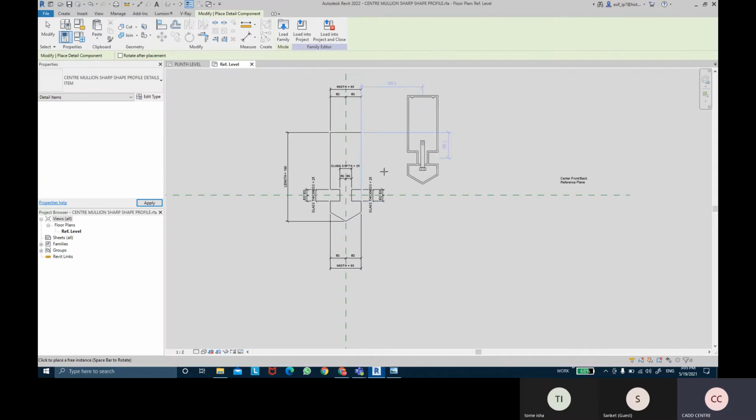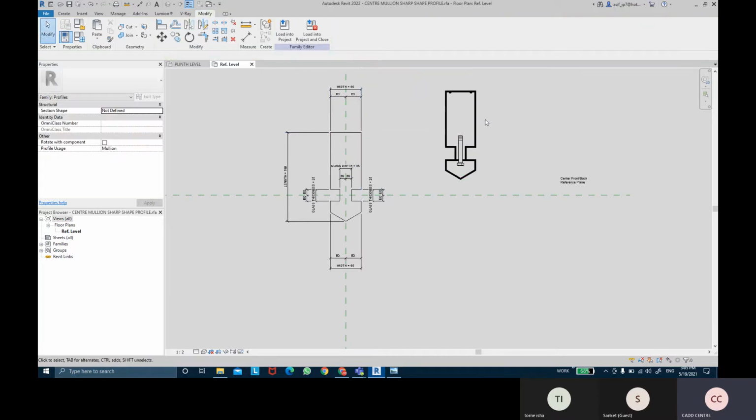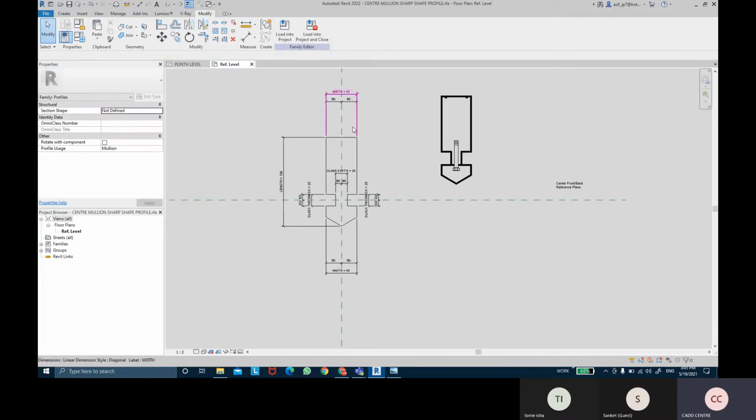You can see that profile is coming. You can place it somewhere right over here outside. See that forming come, and we just wanted to align this detail item to the center of this profile that we have created. So we're going to take the align tool.